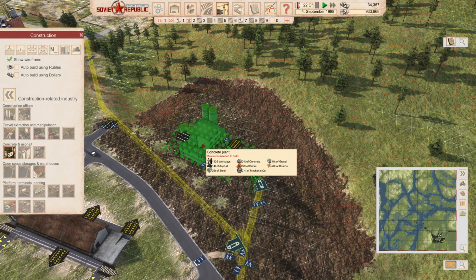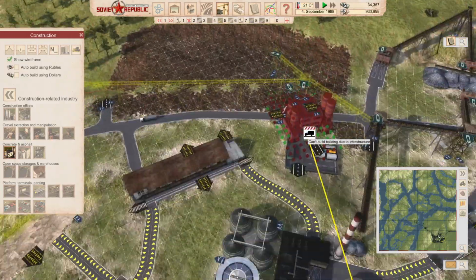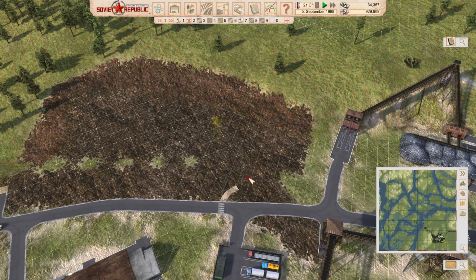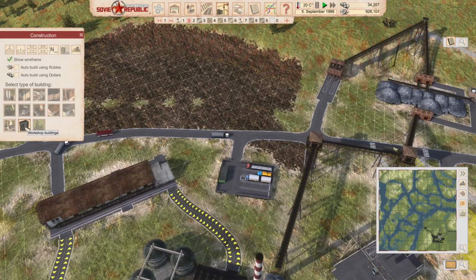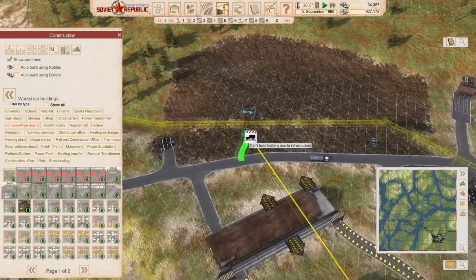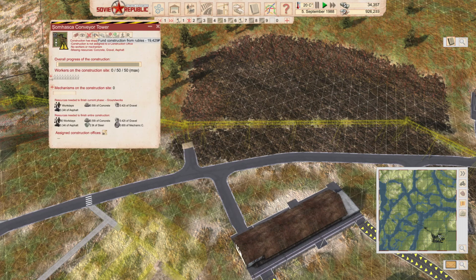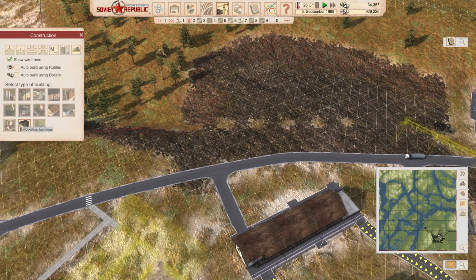Question is, how would I get the silo in here? Actually, I just had a thought. If I take that out again, and we're just going to move you. Okay, and we'll just put back in this conveyor like that, and then what we'll do is we'll take down this one, demolish you, and we'll just take this road out. Then we'll put in a